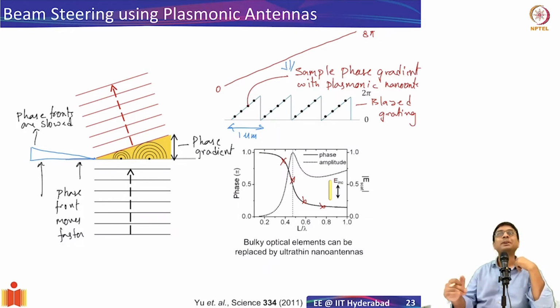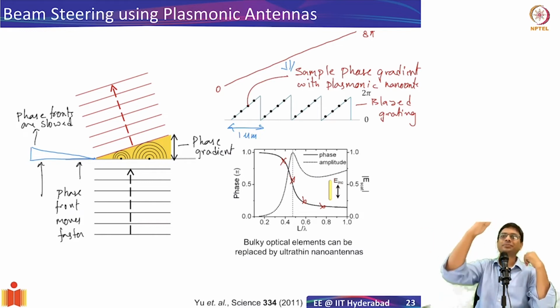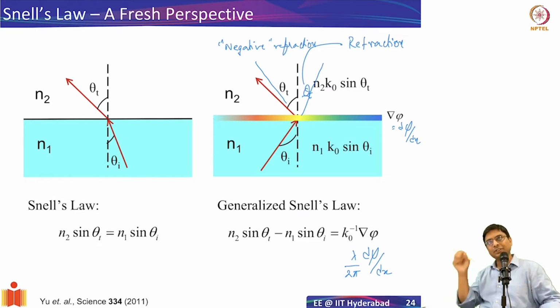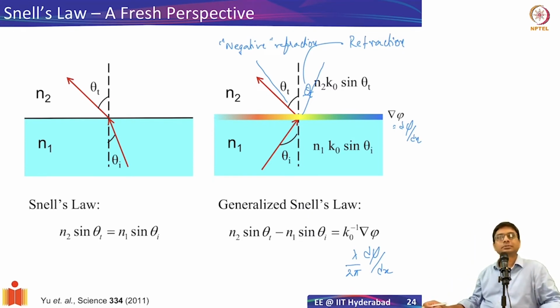So if I double my phase gradient, then automatically my angle will change, right? If I want to bend it, this was the normal case when phase gradient is 0, it goes in this blue. Now, as I increase this, I can make it go to the other side. If I have a stronger phase gradient, I'll go further down. So the phase gradient determines how much bending happens. In addition to the wave vector in the incident and the transmitted medium, we also have to have a strong phase gradient. Does that answer it? Okay. Then you can have any exit angle.